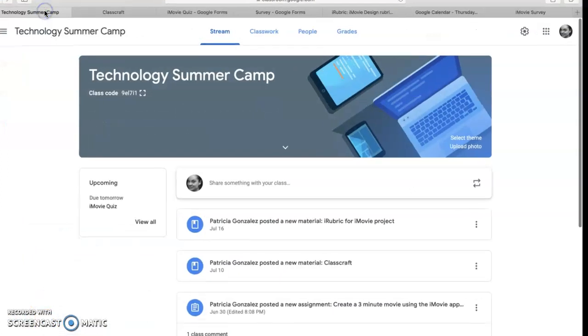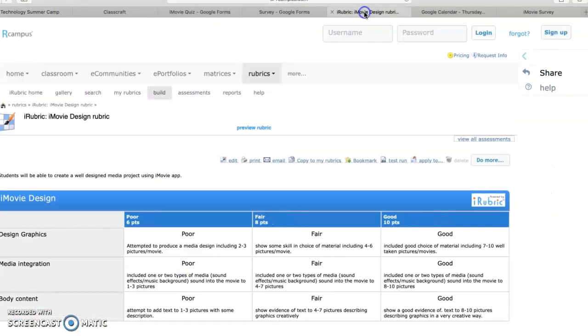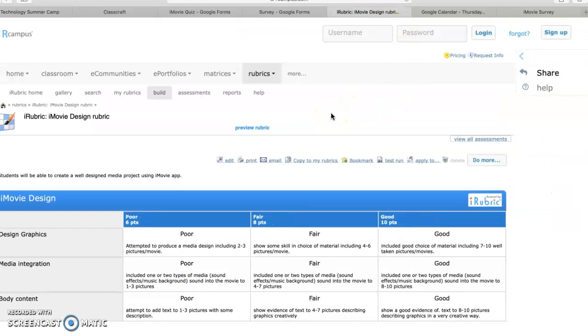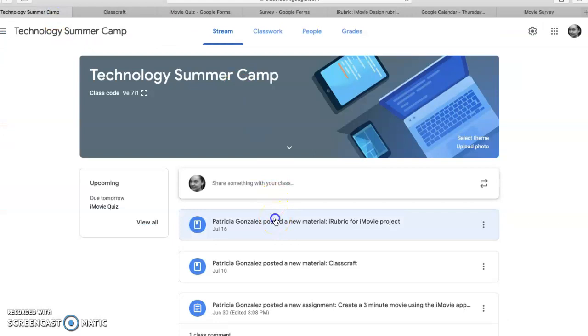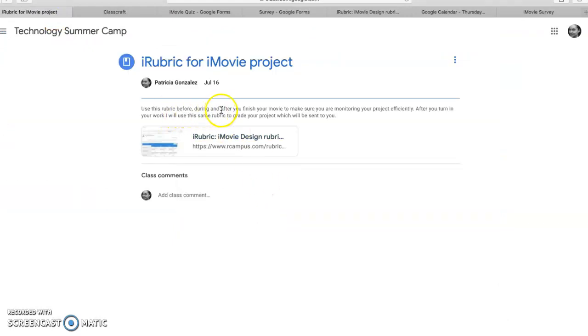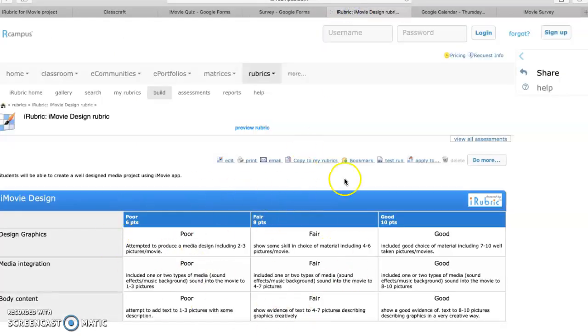Lastly, I want to talk about the iRubric. The iRubric is a really nice, interactive, and digital way to have students monitor their own learning. For example, I have specifically assigned for the students to use the rubric before, during, and after they are working on their assignment. So this rubric is going to help them monitor their work. They're going to look at poor, fair, and good, and they're going to aim for the good. So that's going to help them